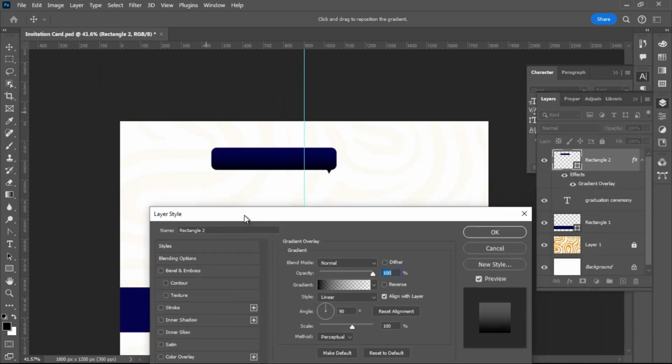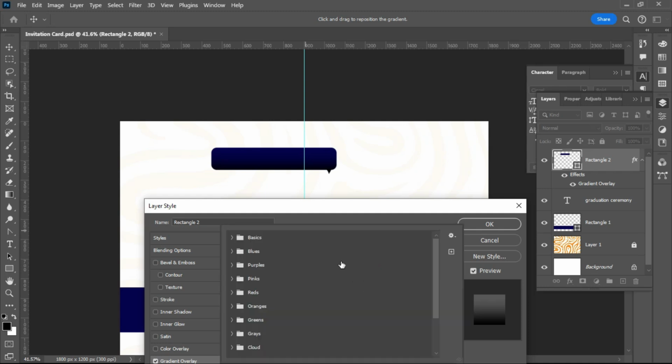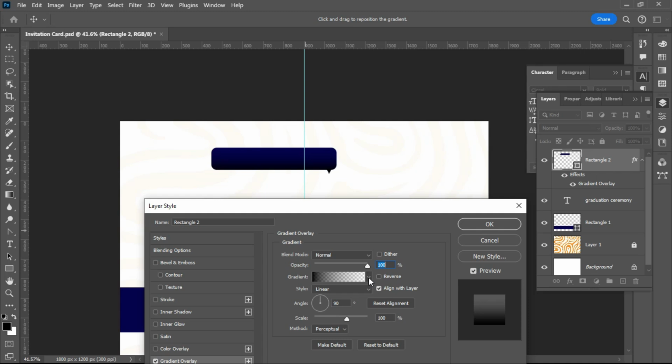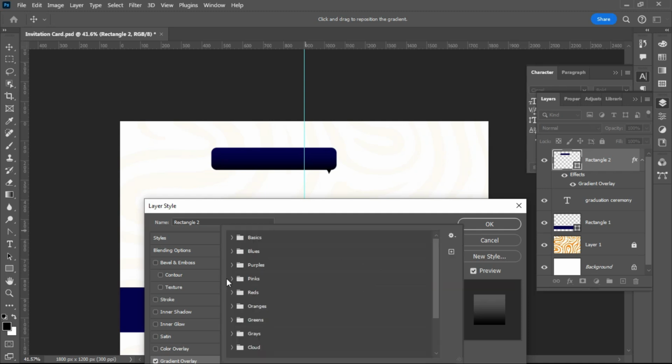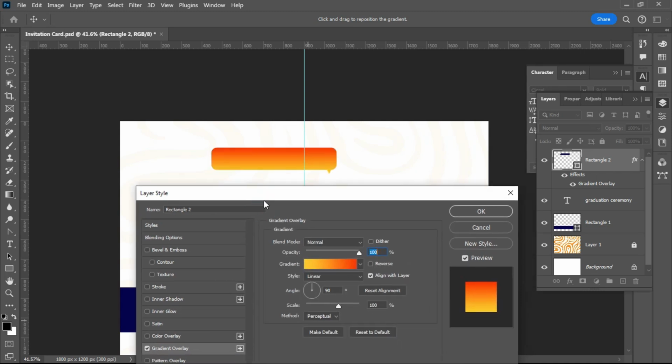Once I click on gradient overlay, I'm going to drag this arrow right here. Just click it, I'll drag it down, and then the colors will appear one by one. I'm going to use this color right here, oranges. So I'm going to tap on the orange, and now I don't like the colors